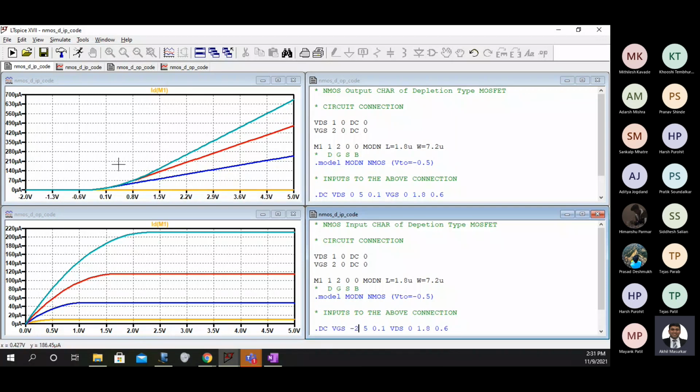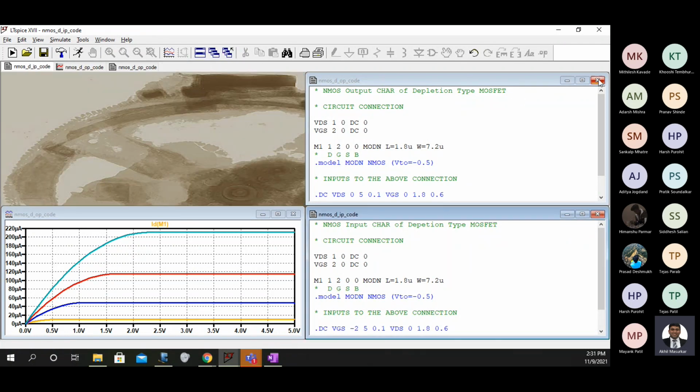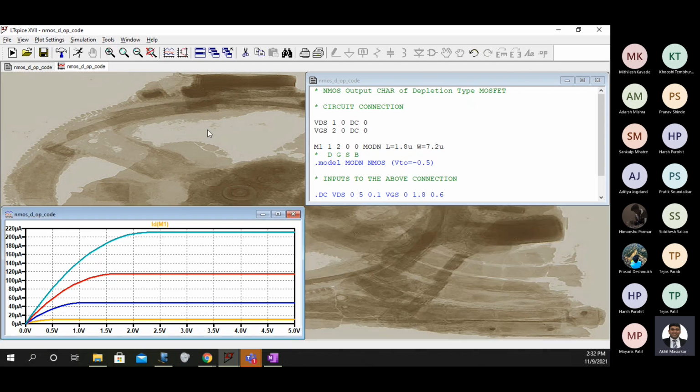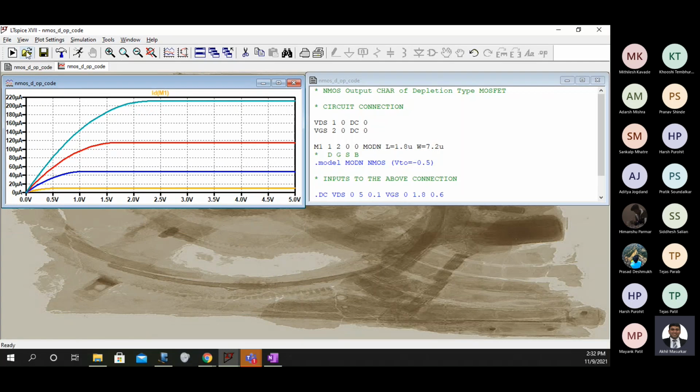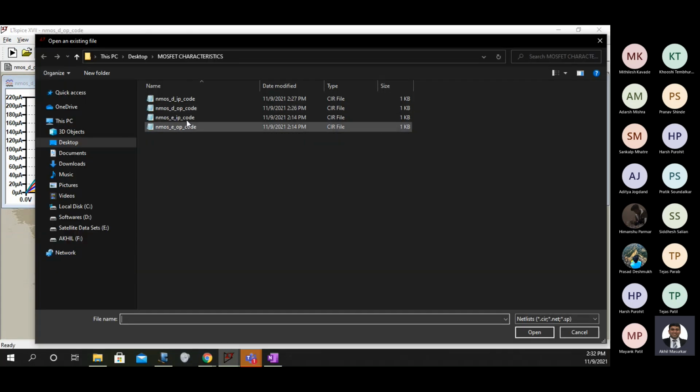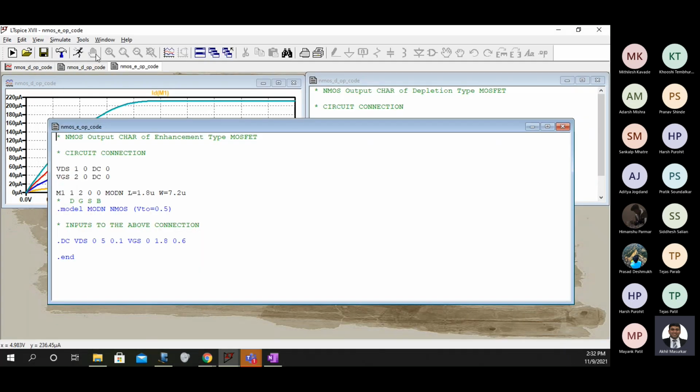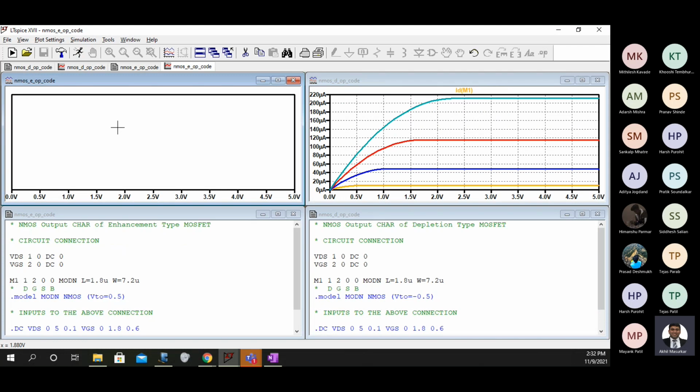Okay. So now what's the big deal in this? First thing is I will close the input characteristics and let me open the output characteristics of the enhancement, and let me plot this.